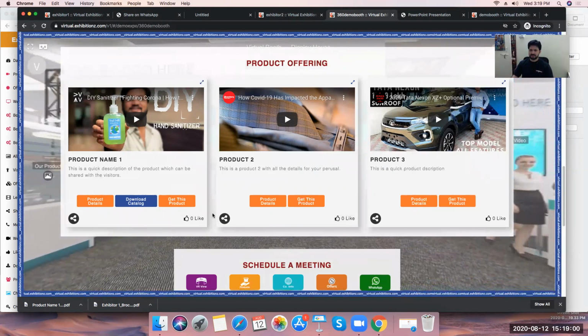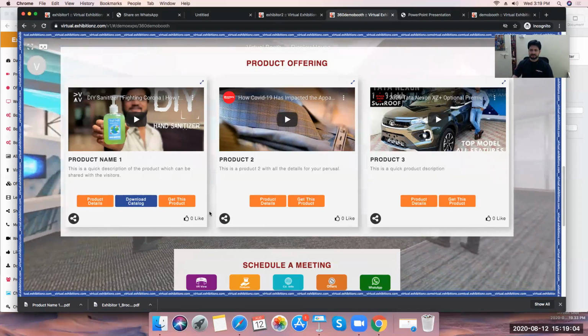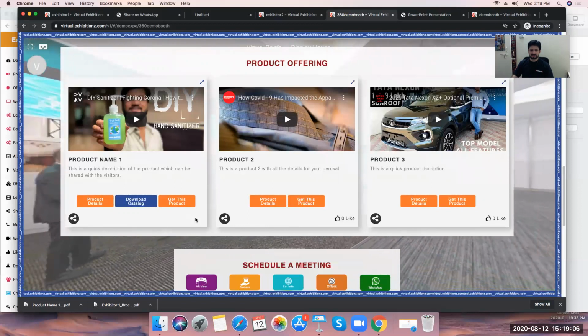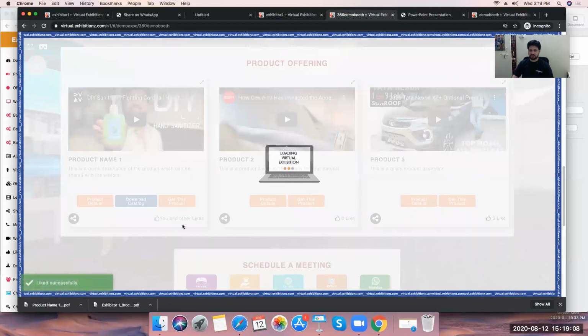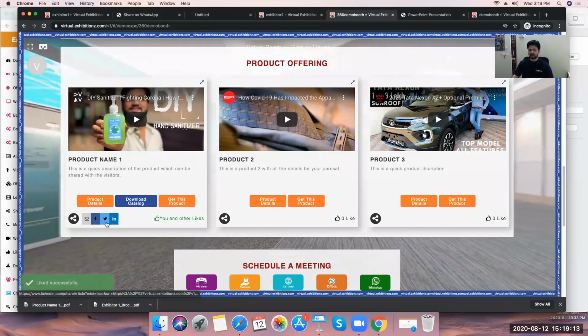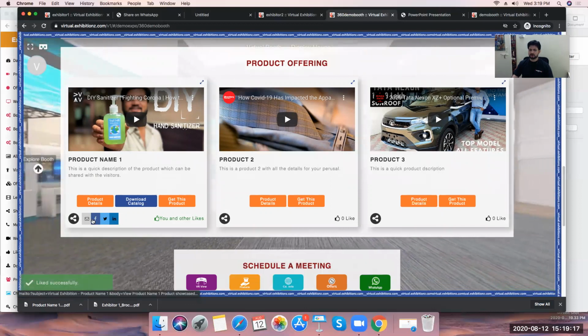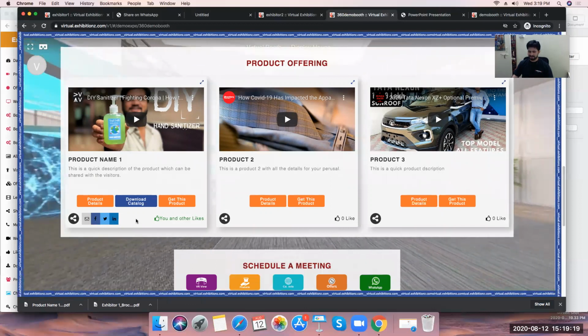And then over there we can show them all the links that they have added under it. Okay. Right. So that's possible. And then we have also given this like button. So in case someone wants to like a product, they can do that. If they want to share it, we have also given a product share option. So they can also share the product over social medias and other formats.